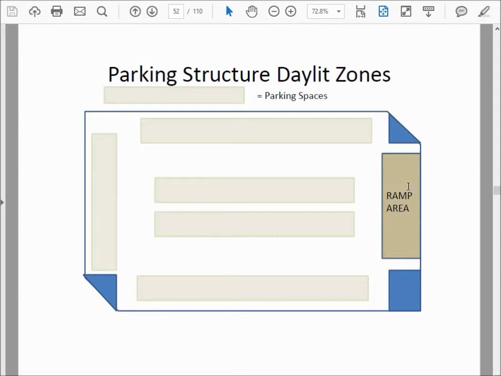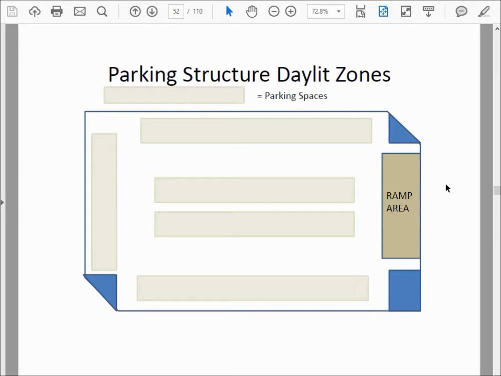Then we have what's called the daylight transition zone. The daylight transition zone is where the little guard and the arm is to let you in and out of the parking structure. Anywhere you get in and out of the parking structure in your car, that is that daylight transition zone, or now maybe daylight adaptation zone. I'm going to recommend that they put the definition back to its original name so that they don't have to go searching throughout the code to find if that's used anywhere else.